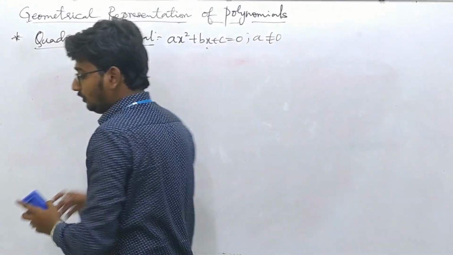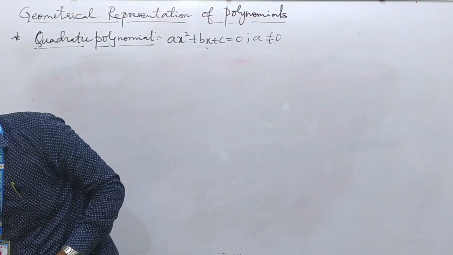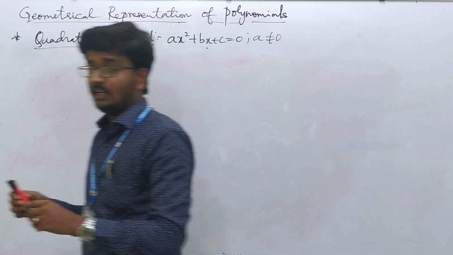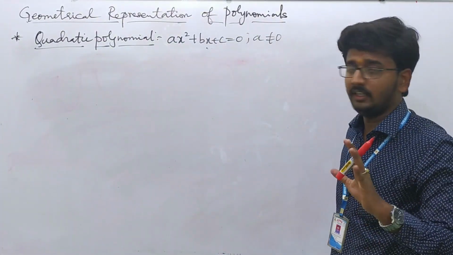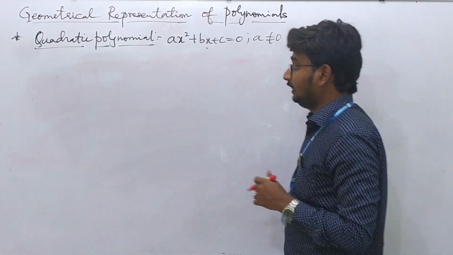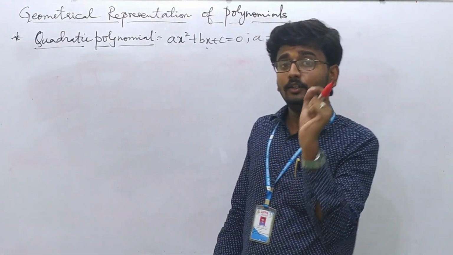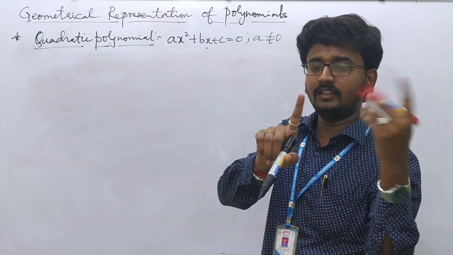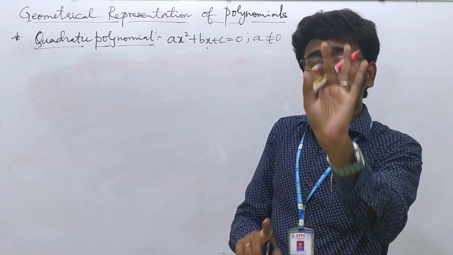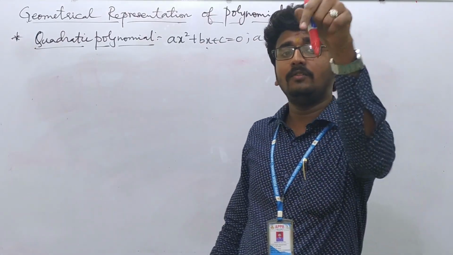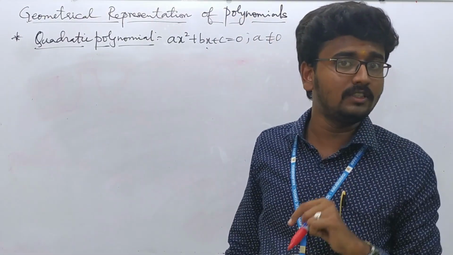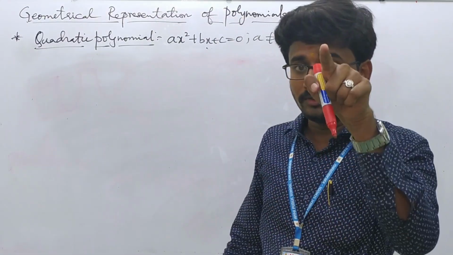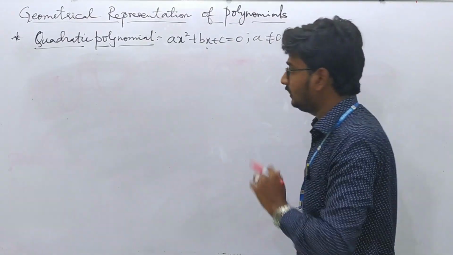It should intersect only along the x-axis. It should not intersect apart from the x-axis. No need to worry if it is intersecting along the y-axis. If it is intersecting even at the origin, you have to consider it, because the x and y axes together intersect at a particular point O. That O is called the origin. There we will have x value as 0 and y value as 0. So x value 0 means we have to consider that. I will explain you with the examples.